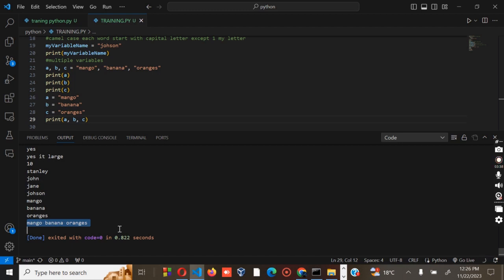Okay, so we are through with that part. In our next part, still on variables, we have global variables. Variables that are created outside of the function are known as global variables. Global variables can be used by everyone, both inside the function and outside the function.